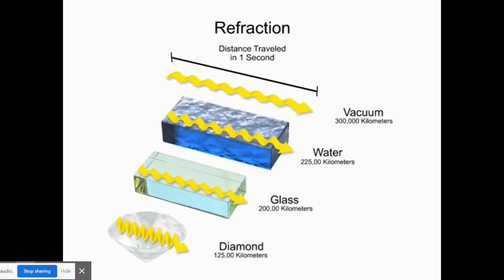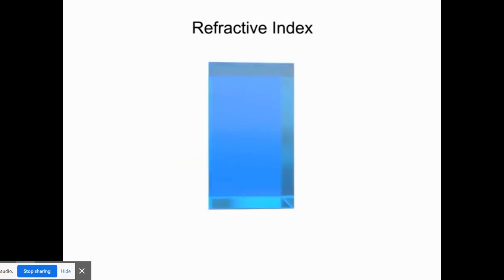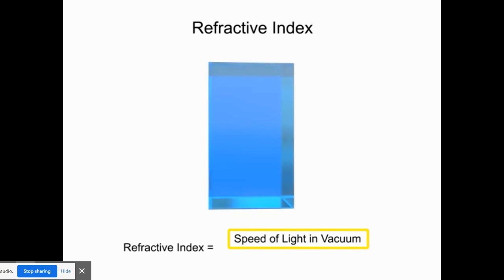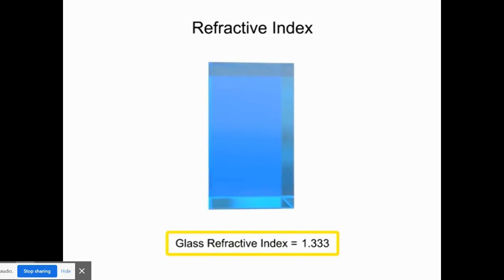Transparent materials have what is called a refractive index. This is the speed at which light travels in a medium compared to light traveling in a vacuum. For example, typical glass has a refractive index of 1.33. This is calculated by dividing the speed of light in a vacuum, 300,000 kilometers per second, by the speed of light in glass, 225,000 kilometers per second. The refractive index of air is